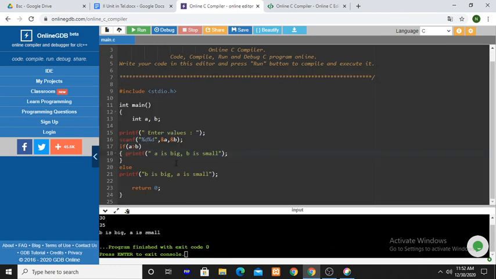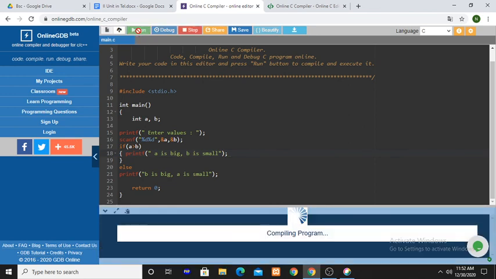Like that you can execute the if else block. What is the condition you have written? If this condition is true, if block, the true block, is executed. If this condition is false, the true block, the if block, is not executed. So what will be executed? Else block. Else block is the false block. So this will be executed. Okay. You can verify this for another example output.